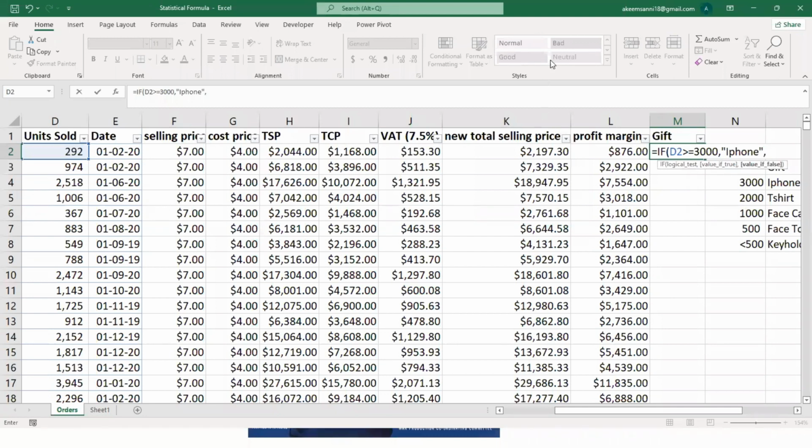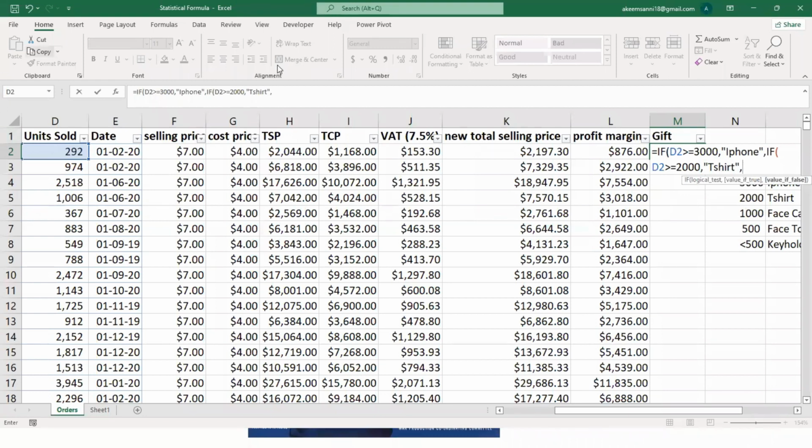So the next one, let's continue. Let's say IF the content here again is greater than or equals to 2,000, comma, I need Excel to write t-shirt, comma.